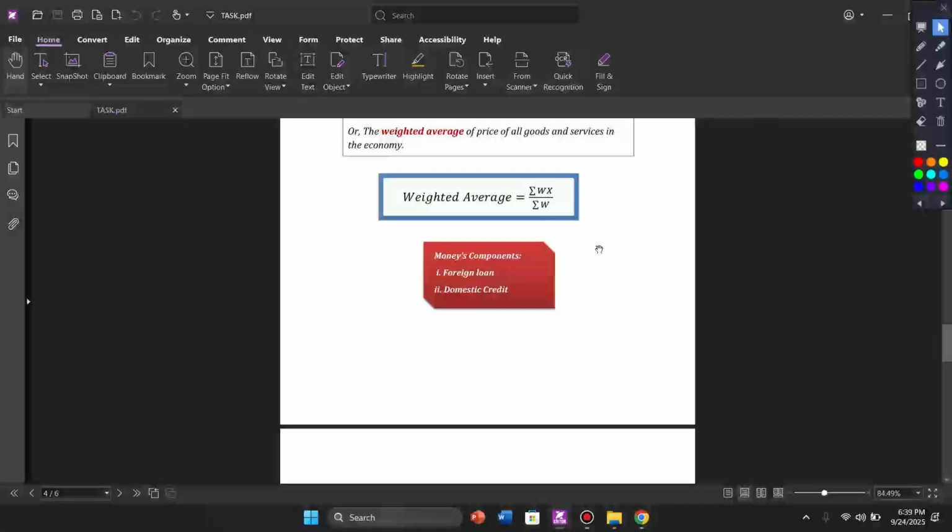And there is an important piece of information that I forgot to tell: when we calculate the inflation rate we have to always use the weighted average. We cannot use the normal average. In a normal average we don't give priority to the numbers, but in weighted averages we give priority to some numbers,